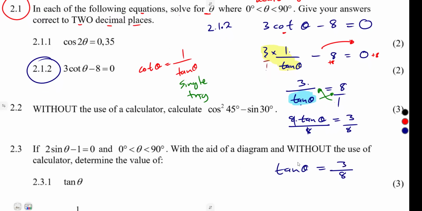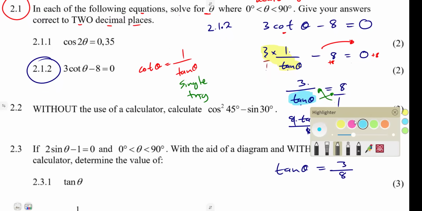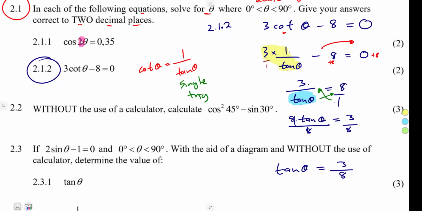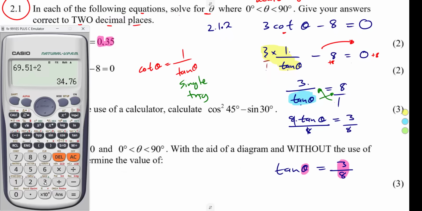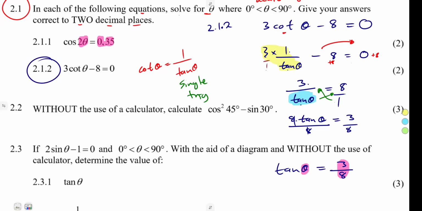So once you have got tan of theta, which is 3 over 8, guys, it is the same as what you had here. The cos of 2 theta equal to this decimal. There is no difference having tan of theta equal to 3 over 8. 3 over 8 is also a decimal. It can be written as a decimal. Remember, 3 over 8 can also be written as a decimal. That's going to give us 0.375. So you can have it as a decimal, or you can use it as it is as a fraction